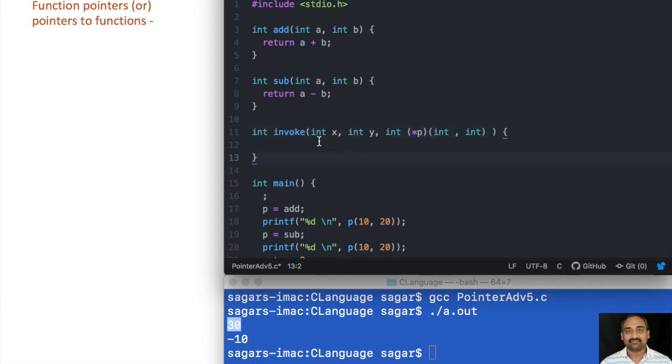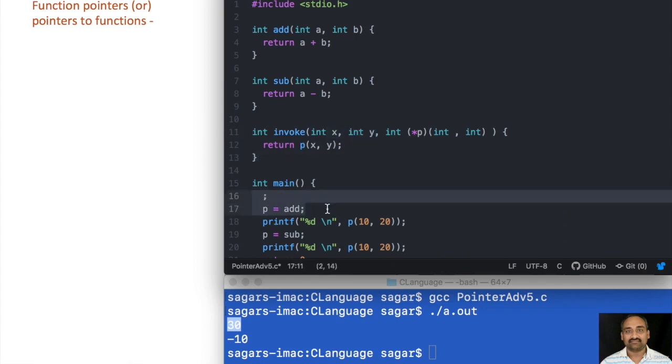Now there are three arguments to this function invoke. One is an integer x, another is an integer y, and the third argument is expected to be a function that returns integer and accepts two integers. Now here I'll simply make a call to p(x, y). Whatever p is pointing to, I'm making a call to that function with the arguments x and y.